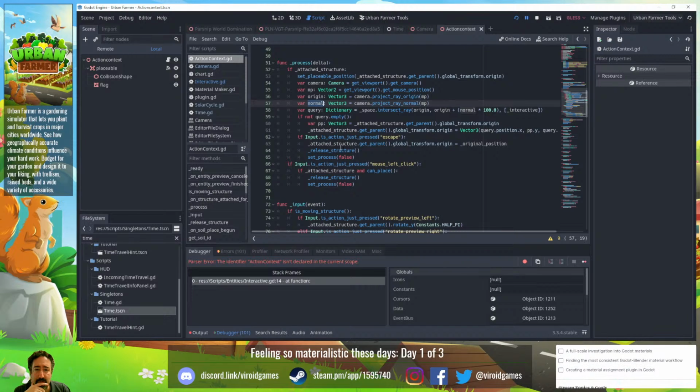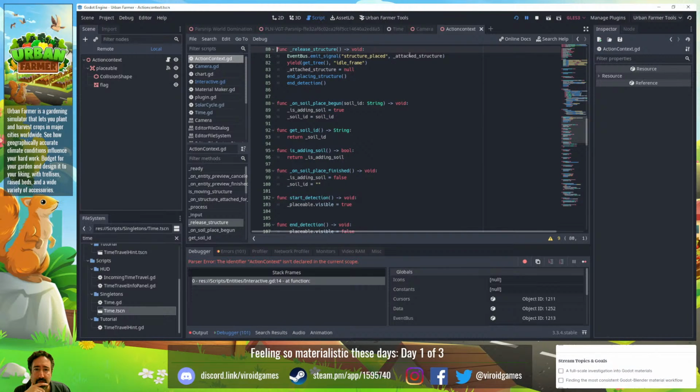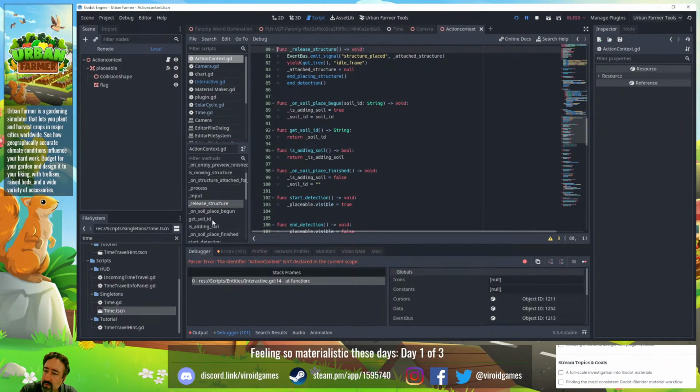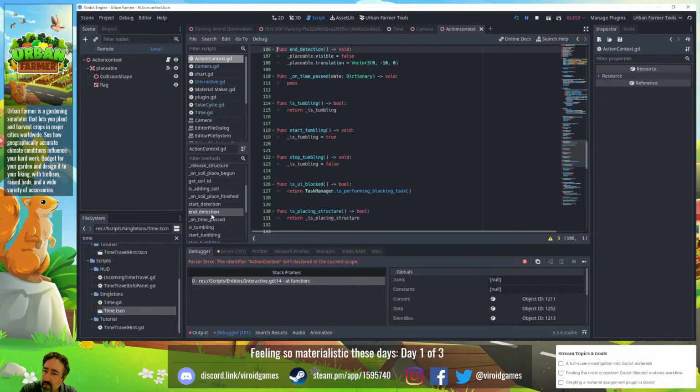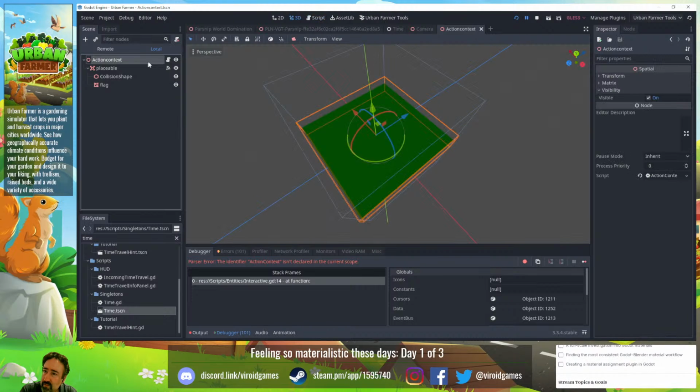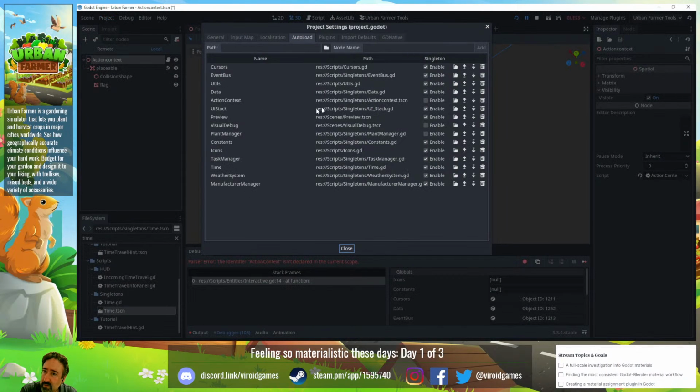Release structure. Structure placed. And placing structure. And detect. Placeable with. So I suppose this is what I'll do, which is sort of,